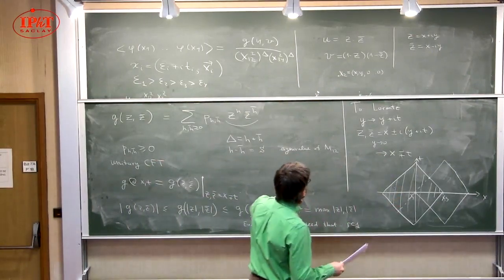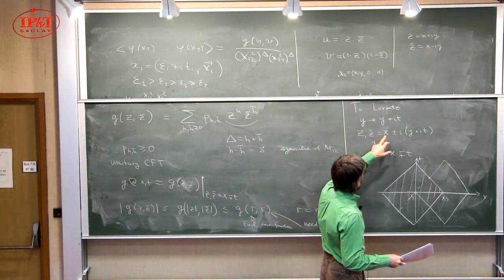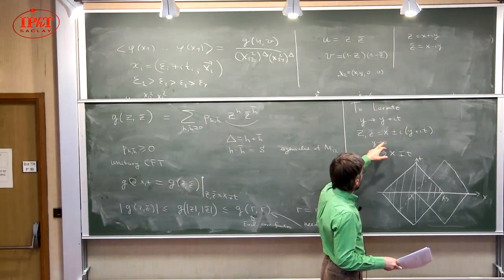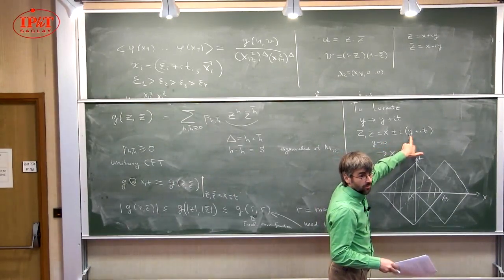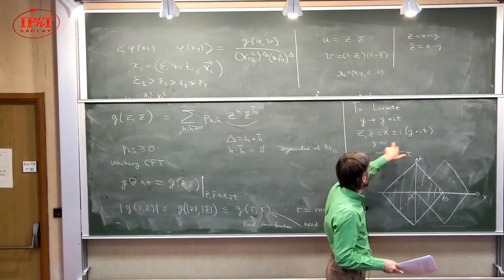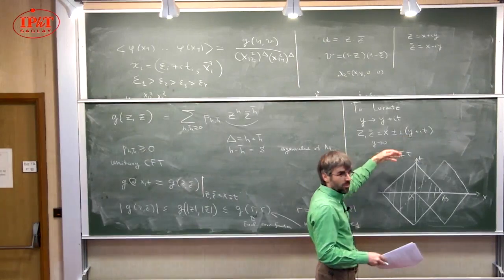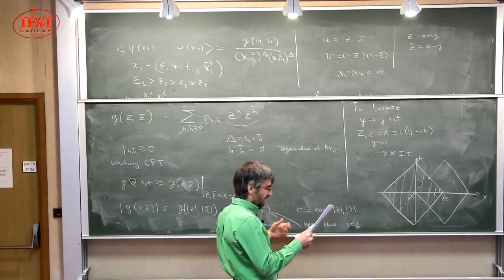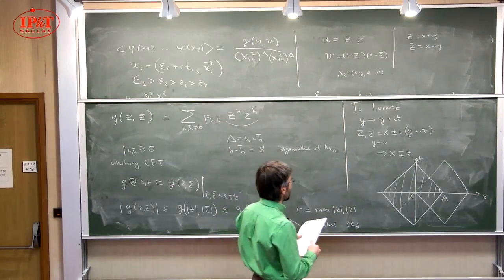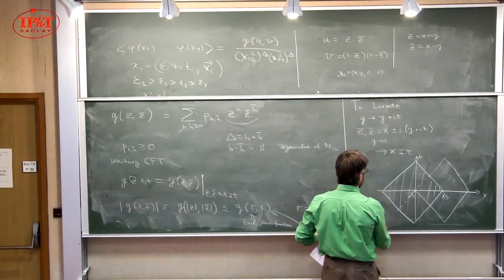So in fact, you see, I can take the limit either from positive y or from negative y. So I'm supposed to take the limit y goes to 0, but I did not say whether from positive y or from negative y. So whether I take the limit from positive or from negative y, it defines for me whether I'm considering